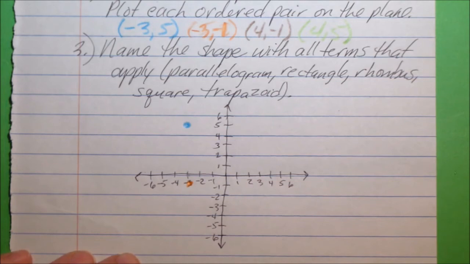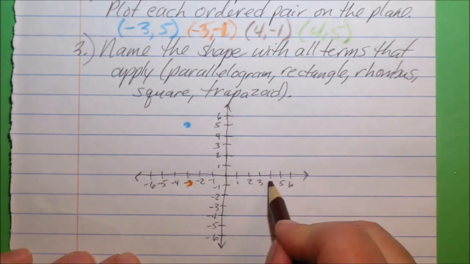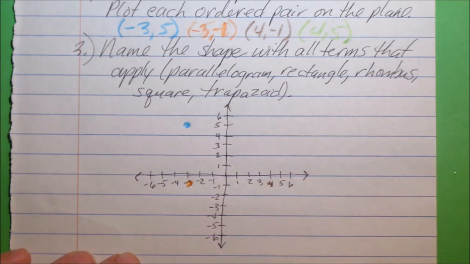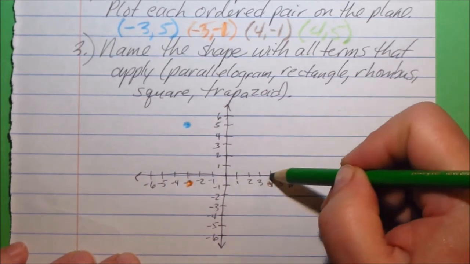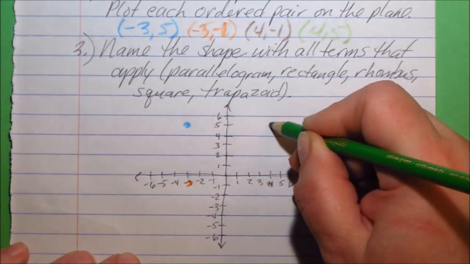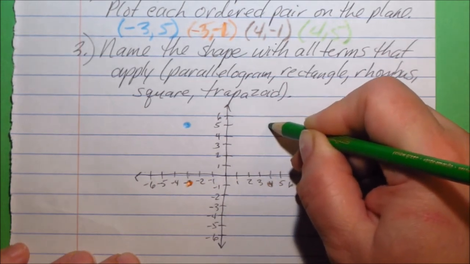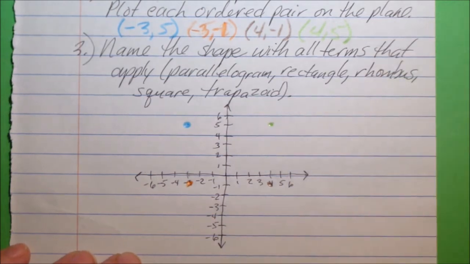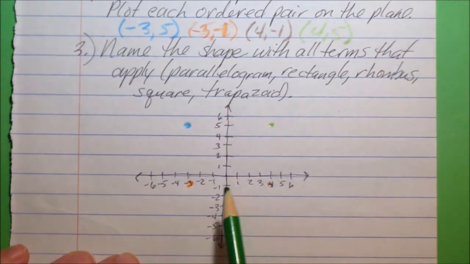All right, the third one is 4, -1. So 1, 2, 3, 4, -1. And the fifth one is 4, 5. So 4 and up 5. So that's one more right here. All right. So if I connect these up,